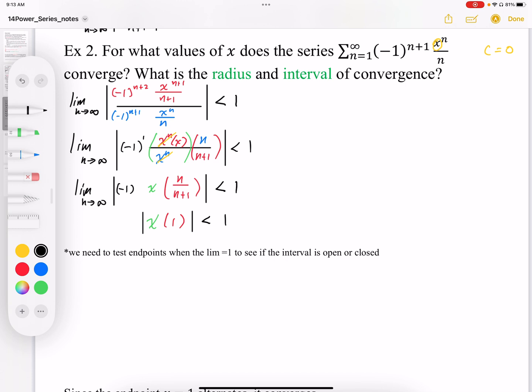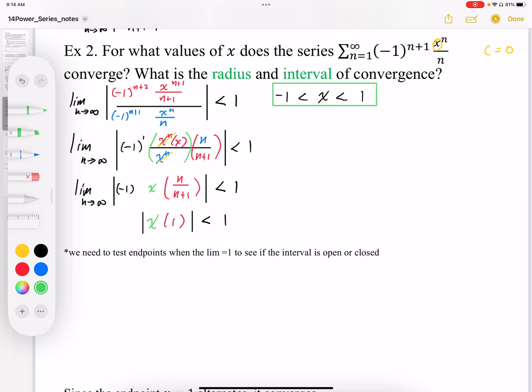So this then establishes my radius of convergence. In this case, my radius is going to be 1. So it's centered at 0, and I'm going to have 1 to the right, 1 to the left. So this represents my interval so far. My x has to be less than 1 and greater than -1. This represents my radius of convergence